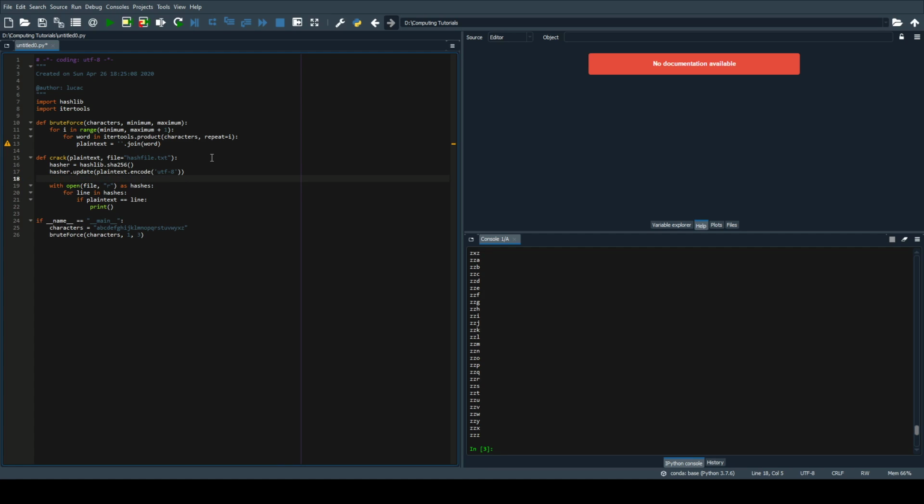And then simply here what we want is to create what's called a message digest, or sorry, a hash digest. We'll actually do this down here. So what we want is hasher.hexdigest, and all it does is create the hexadecimal digest, or the hash value. Then we just put our little brackets here. And now we want that to equal line,